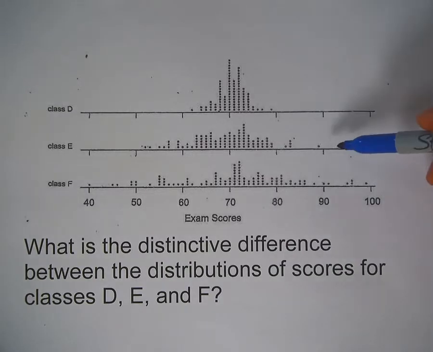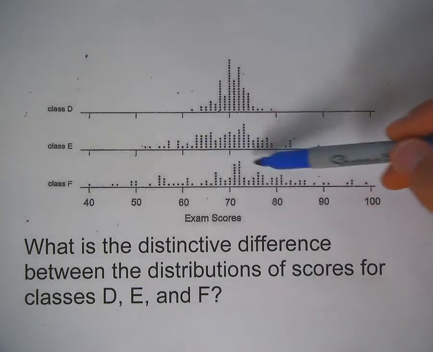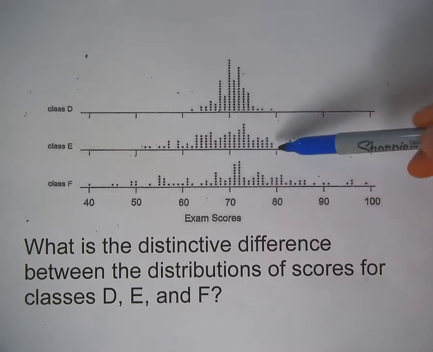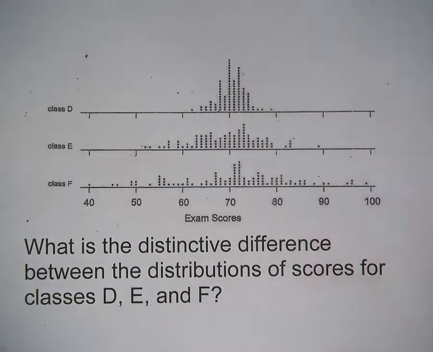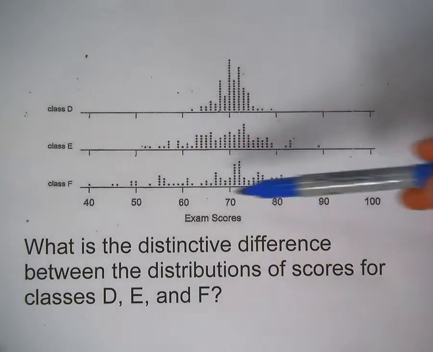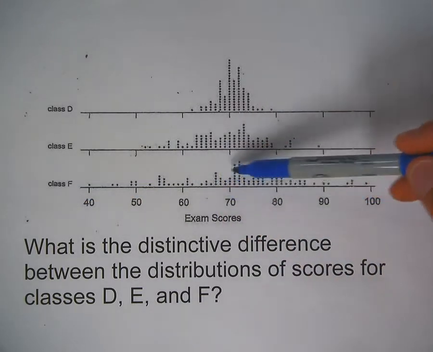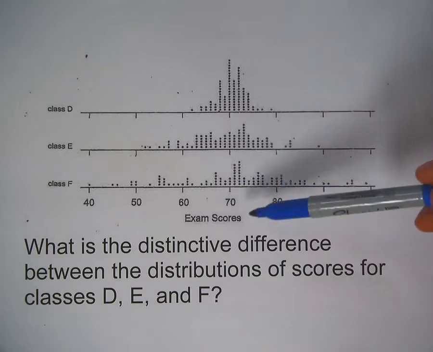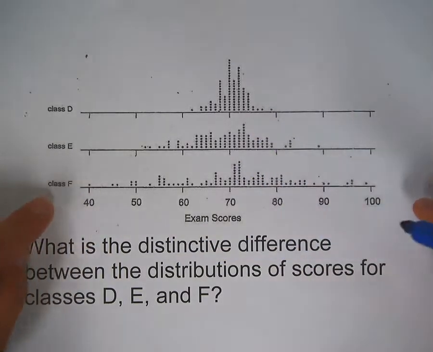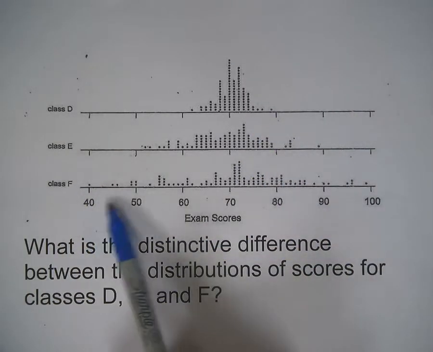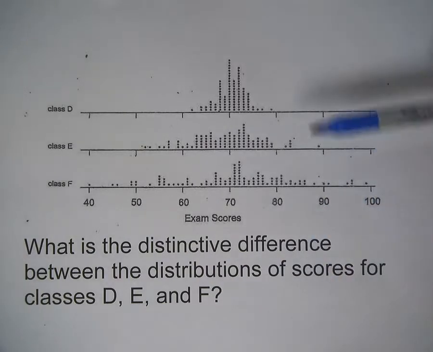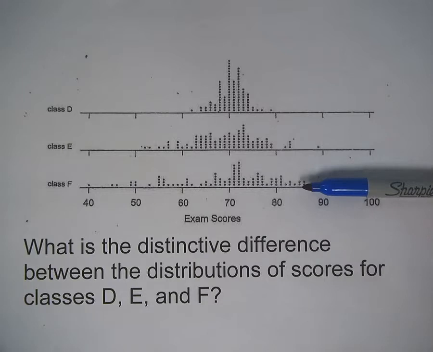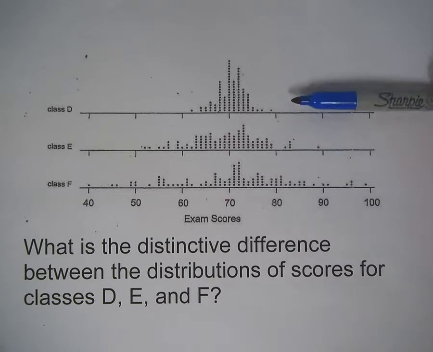Now if we go to E, most of the data is still clustered in this region, but now we can see that there's a few over here in the 80s, and also a few down here in the 50s. And then Class F, again, a lot of students in this 60 to 80 range, but now we can see that they're really getting spread out. We have some students down here in the 40s, and also some students here in the 90s. I would say the center of these three distributions is about the same, but now the distinctive difference is